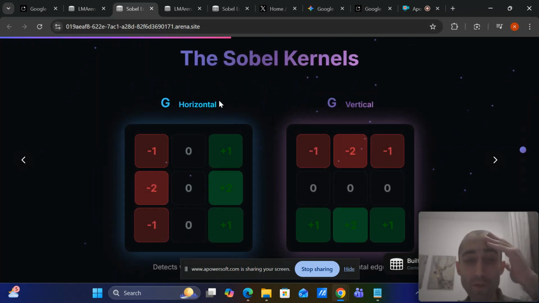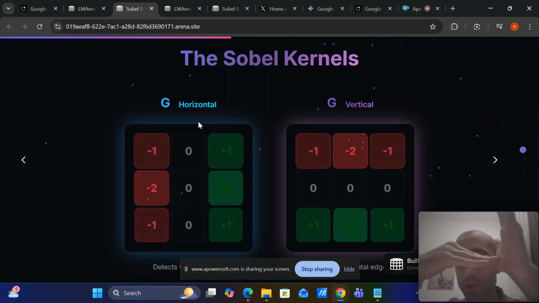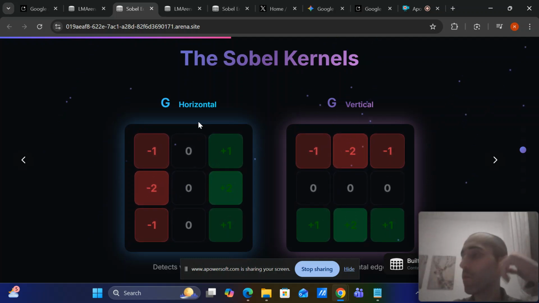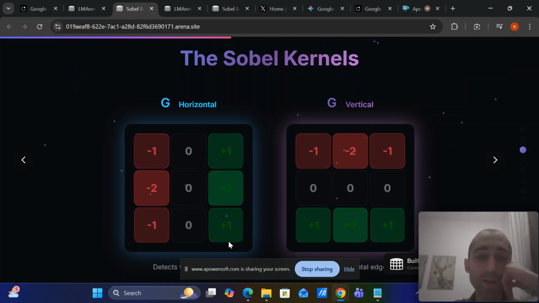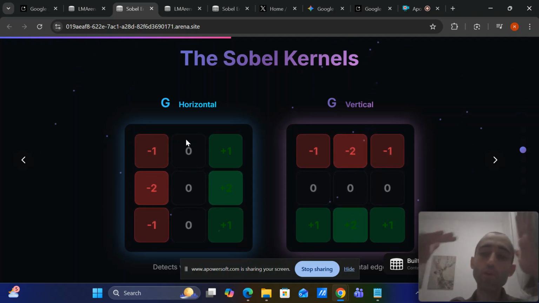So in order to detect this, you want to get the intensity change in the x and y direction. Using those two, x and y, you can get, by combining them, any direction you want. So you can find an edge in any direction you want, but we will look for gradients in the x and y direction. This G horizontal, as you can see, tries to detect gradients along the horizontal plane,